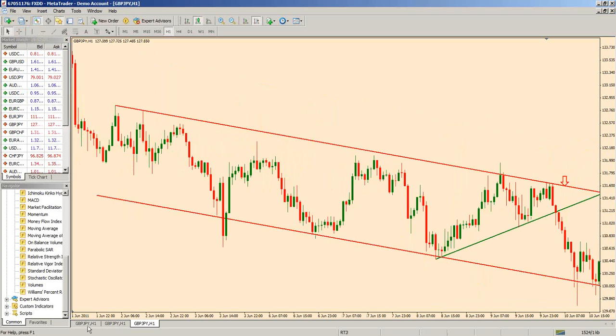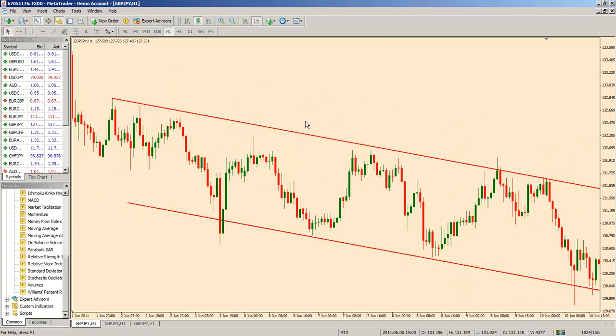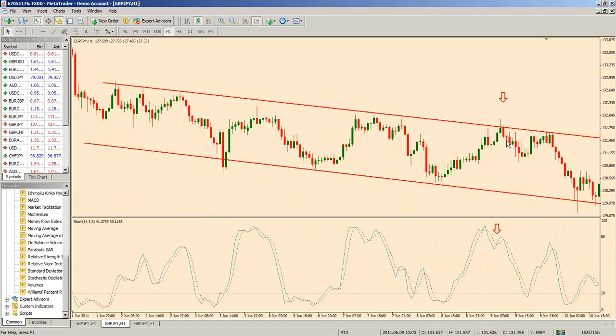Okay, this is a good one. This is the pound yen hourly chart. First of all, you've got good resistance in a sort of downtrend channel. Good resistance there. What do you do then? You look for some type of